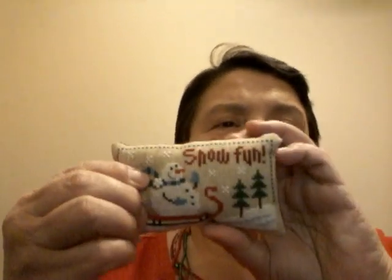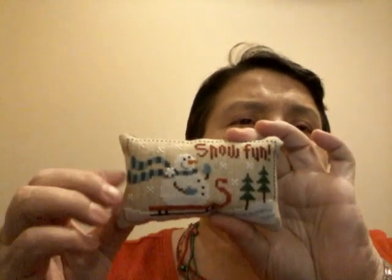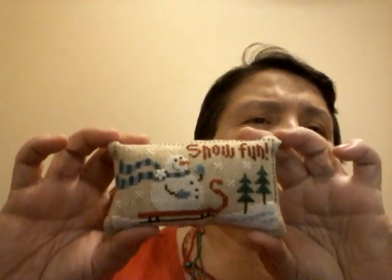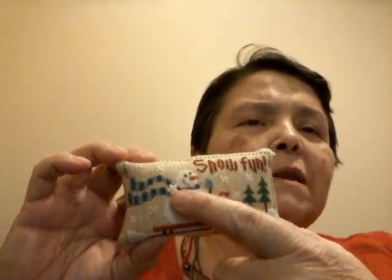And this is Snow Fun from Lizzie Kate's Six Fat Men series. This is for my older sister. There's a little button. The Prairie Schooler Santa is for my younger sister. So there's these 2 things. And then